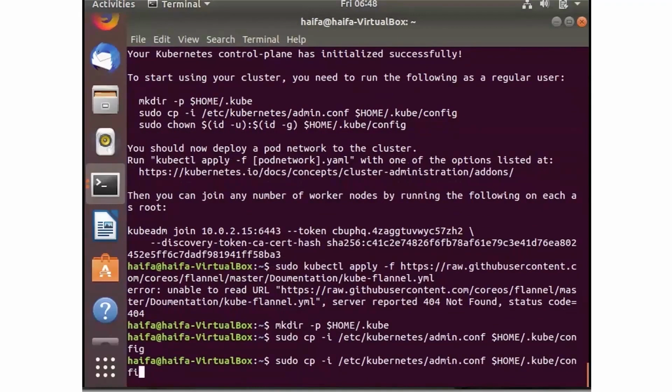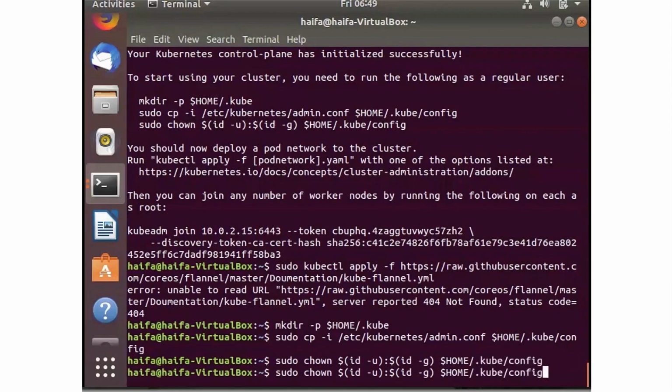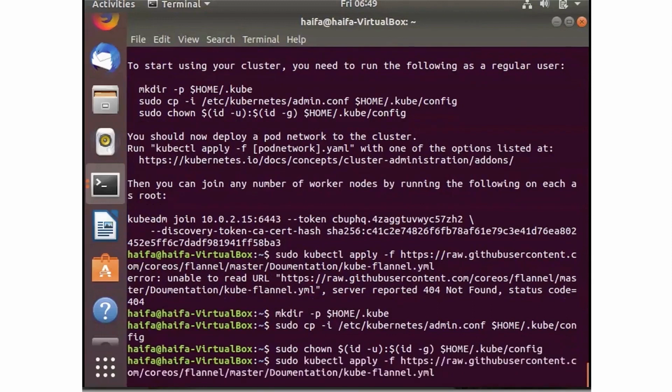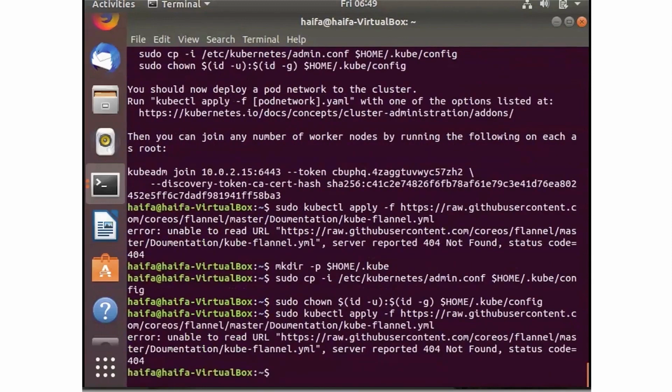And then the final one will be sudo chown $(id -u):$(id -g) $HOME/.kube/config. All right, now we're going to go ahead and deploy, and let's see.